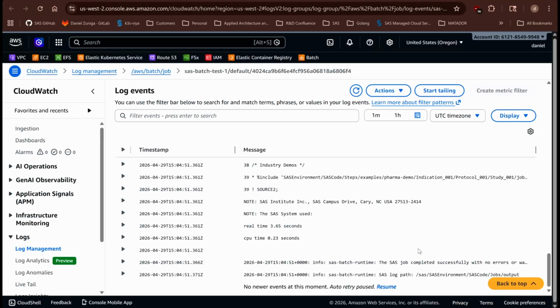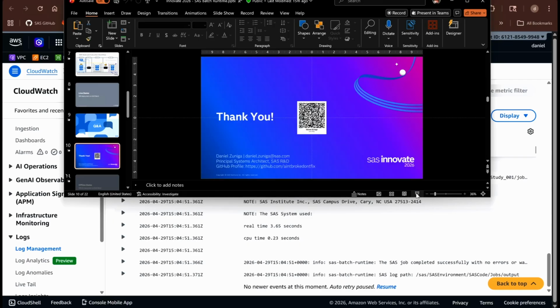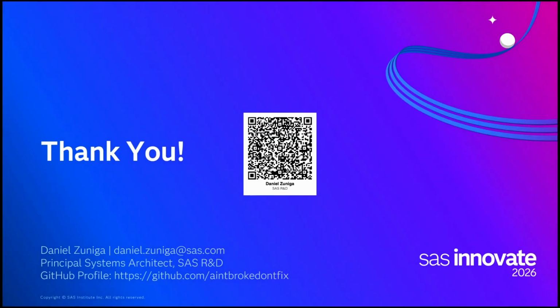So what is the timeline for this? Now this is in early phase, so is it going to be downloadable for customers to be used? Right now it's by invitation only, so if you guys want to play with it and try it out, like I said, just reach out to me. I should have put my QR code up there. So go ahead and reach out to me and I'll be happy to get you in there and we can work together on making it work.